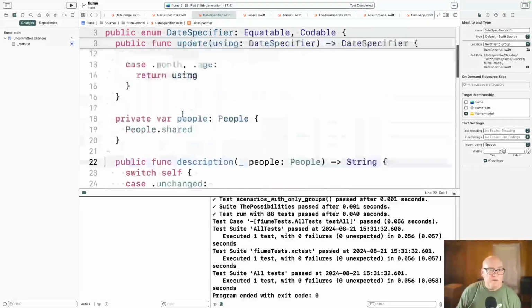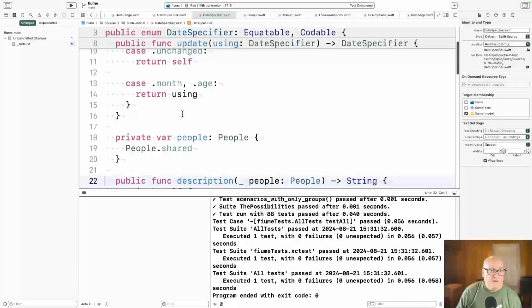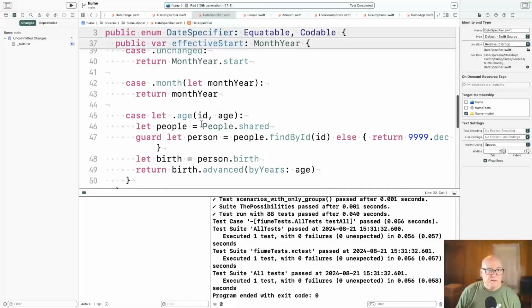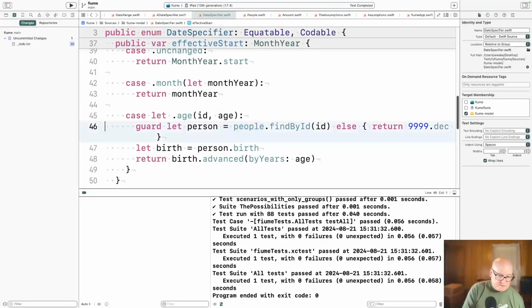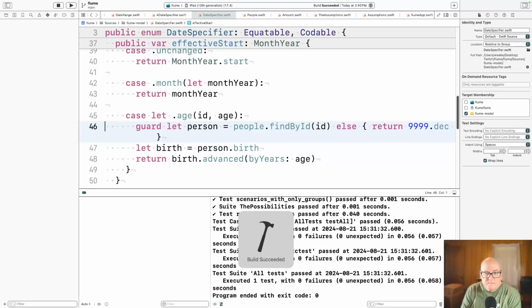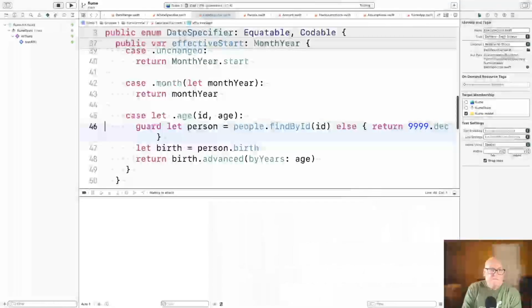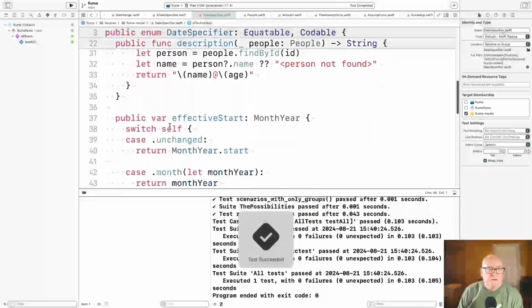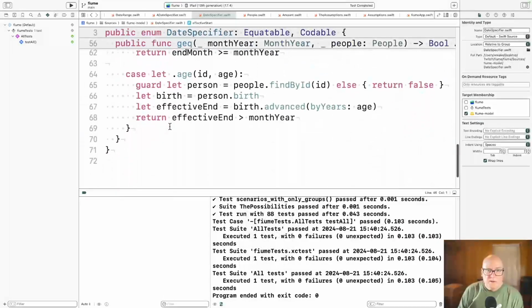So people. Okay, so this one, we should be able to take this line out and things should still work. Okay, now